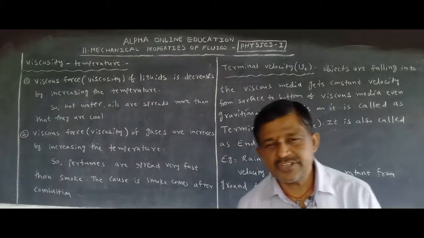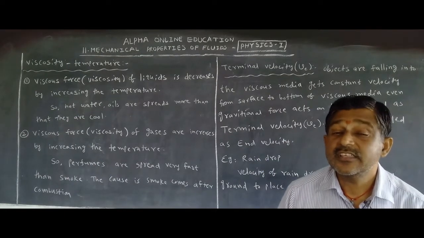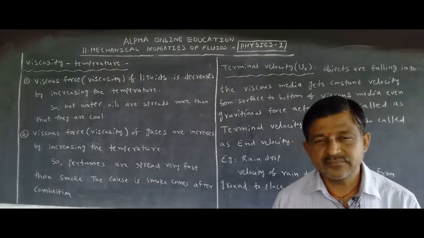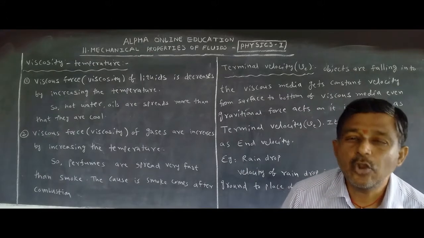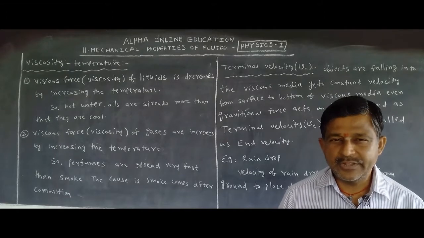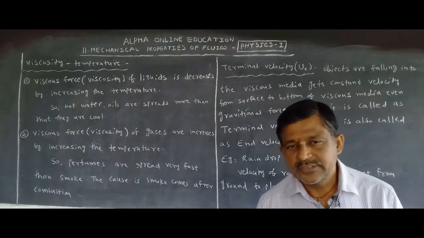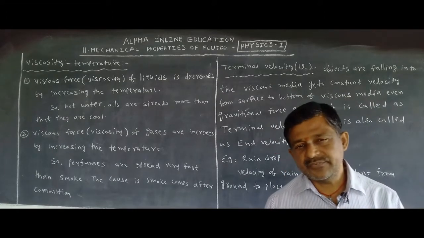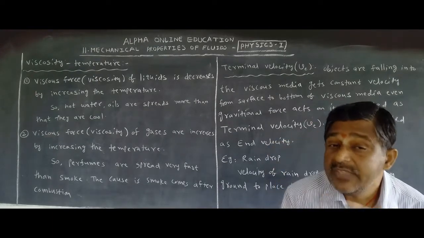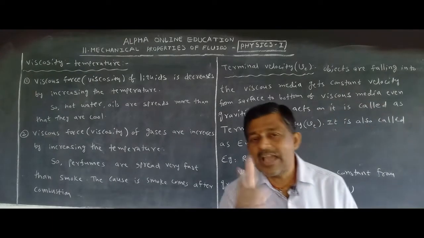This is especially used in chemistry and also in physics to derive results in Millikan's oil drop experiment. Millikan proved the charge of the electron, the charge of the proton, and the mass of the electron. In that experiment we use this. But how can we find the terminal velocity in the laboratory?